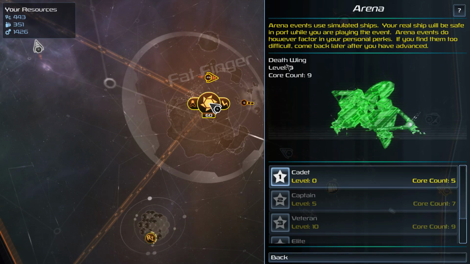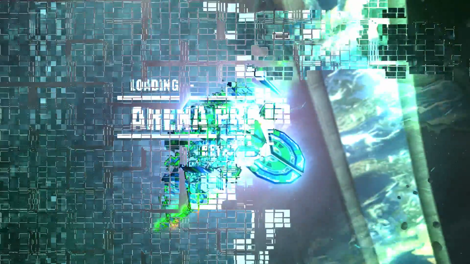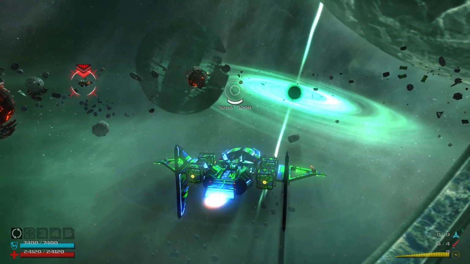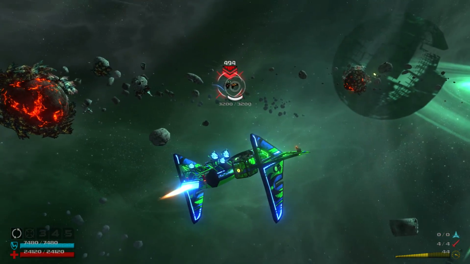We're going to be piloting a ship called the Deathwing, and let's see how it goes. And again, the best part about arena is that you don't actually spend any time doing this. The Deathwing has lasers and ion beams, suited for taking down a ship's shields and keeping them down. 4 torpedo launchers deal a death blow to any unshielded ship. So again, this is a great way to get an idea of what kind of ships are out there,